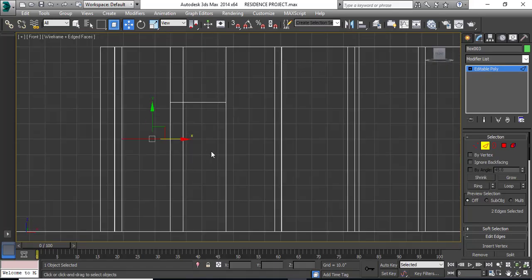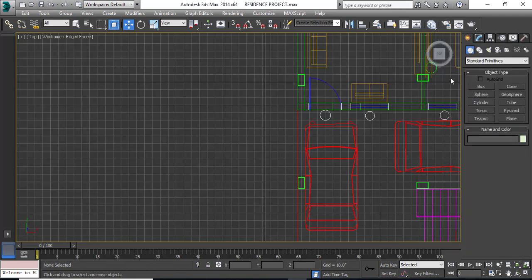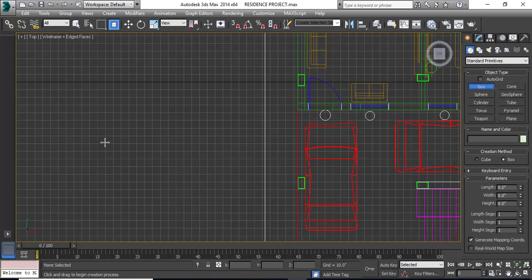Now there is one interesting thing. How do we see the height here? So we'll go to top view and create a box of the size of the door opening required. I have created one box and I'll modify the size from here. I'll give the length.